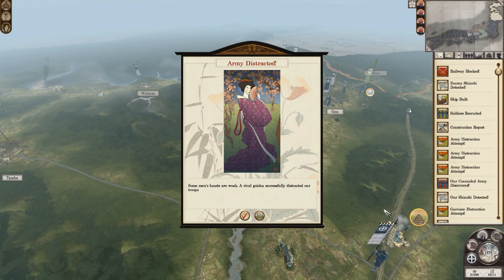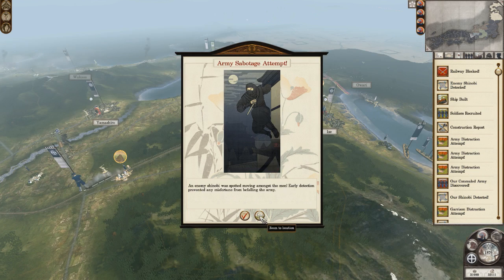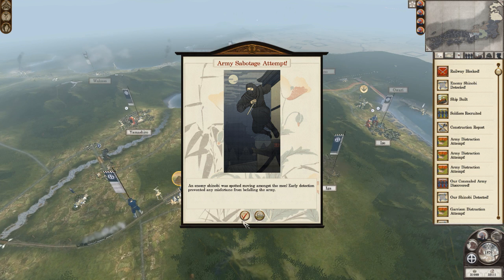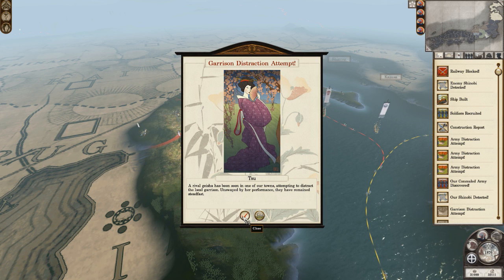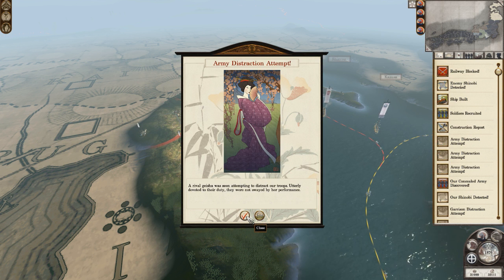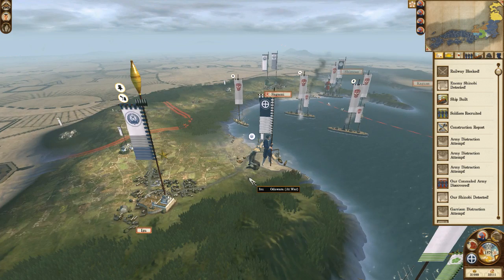That looks like... Where are we at? Okay, so the Yamashiro guys. As well as... Over here, nothing really worried about. Uh-oh. Garrison distraction attempt. Whatever. Okay, so...